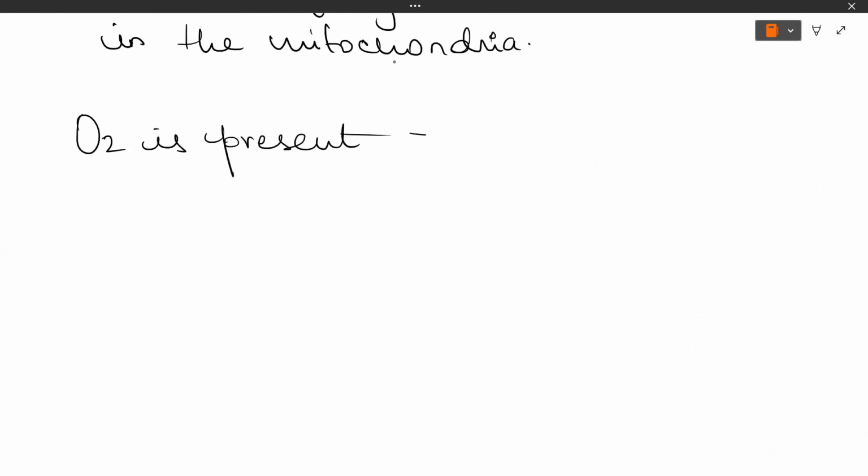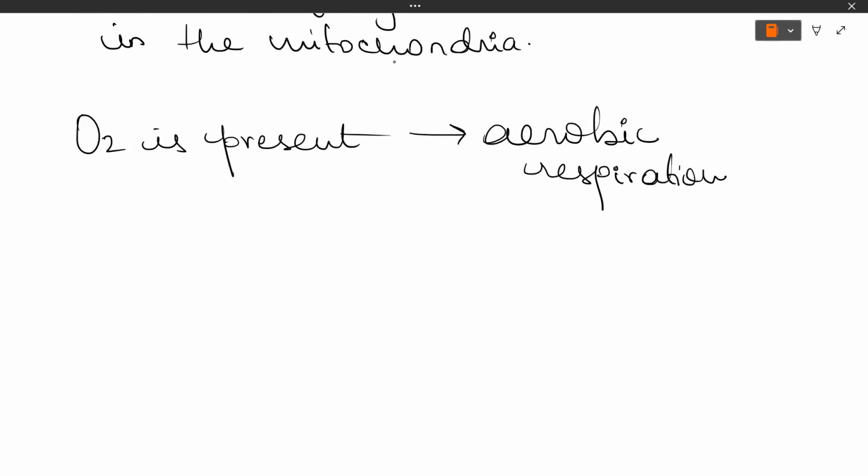Aerobic respiration. Very good. It is known as aerobic respiration, meaning it occurs in the presence of oxygen. That is why this is known as aerobic respiration. Now, if we compare the release of energy in aerobic respiration and anaerobic respiration, or any anaerobic process, the aerobic process energy will always be greater than the anaerobic.